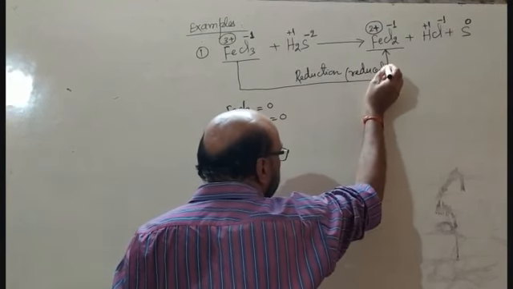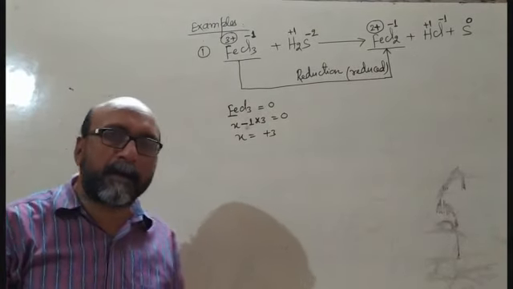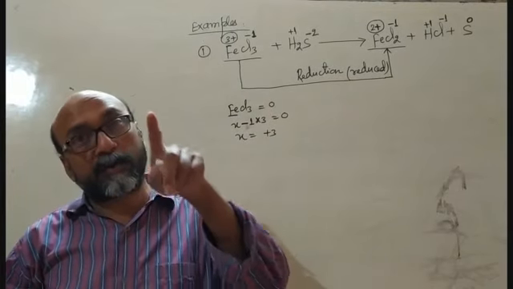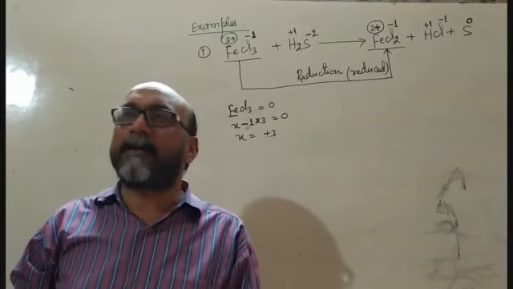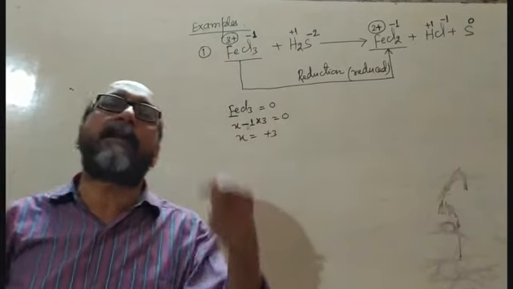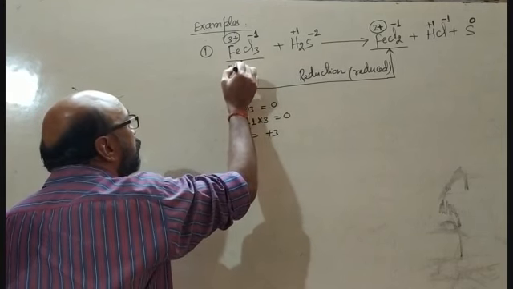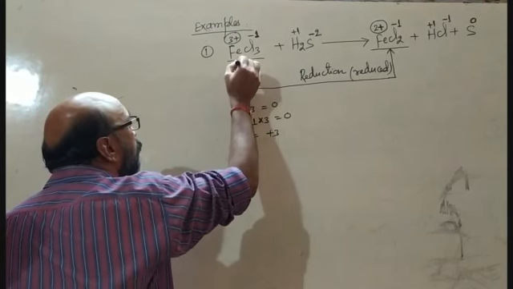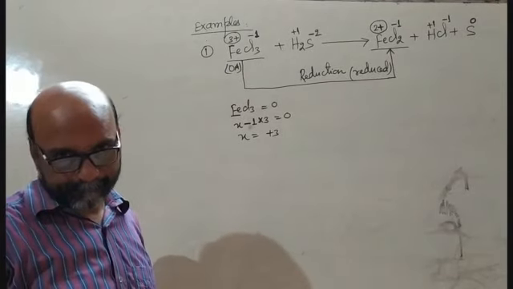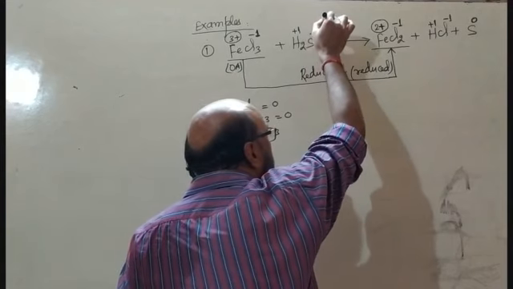Reduced. And the substance which undergoes reduction is called the oxidizing agent. If you are asked to indicate the oxidizing agent, you will write in this reaction ferric chloride is an oxidizing agent. Now, in the next reactant,